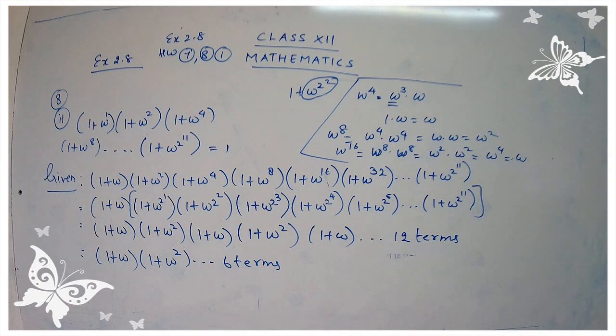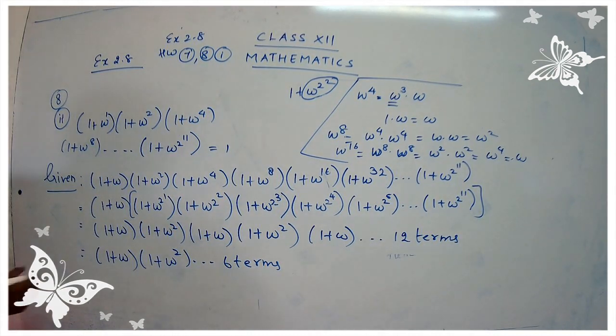Okay. Have you taken the step, children? I told you to go for the working part also. You have to show what is the value for omega raised to 4, what is the value for omega raised to 8, and also what is the value for omega raised to 16. You have to show the working part also, children. No one is going to write down the answers directly. Show the working part. Okay.